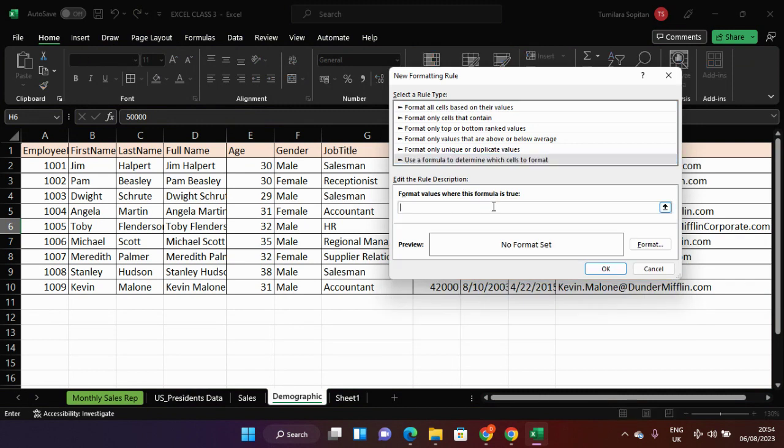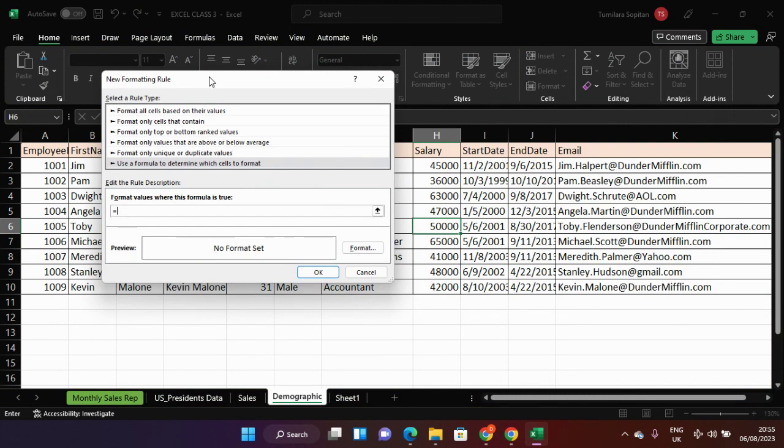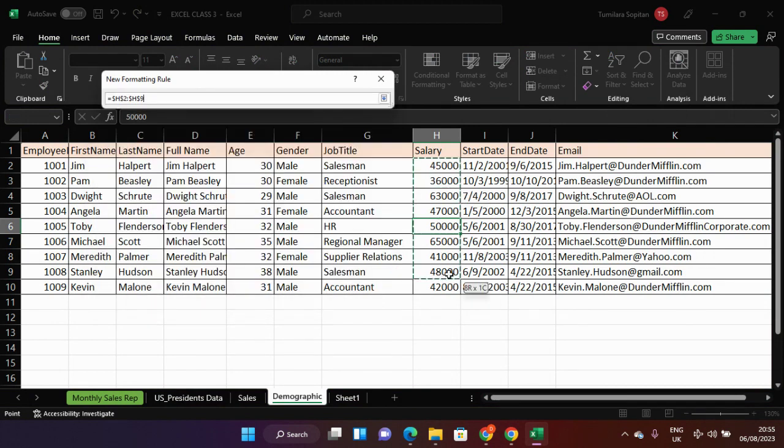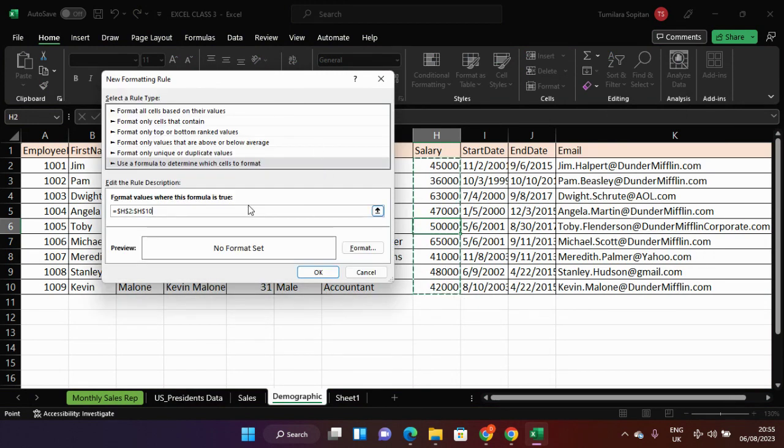And you do equals this place, which is greater than 50,000. Press F2 to put your formula in edit mode. Get rid of this dollar sign in between